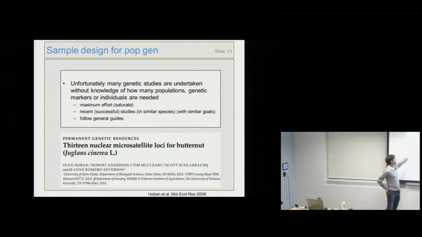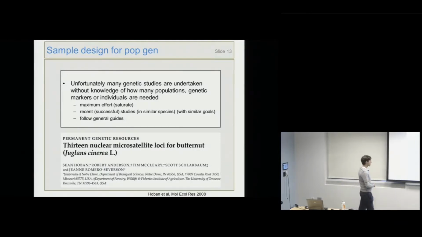There are three ways that people go about typically doing a population genetic study, and that is to sample as much as possible, to take some guidance from recent successful studies in whatever topic you're interested in and use that as a guideline, or to follow these sort of generally accepted minimum sample sizes that the field has come to agreement upon over several years or decades of using